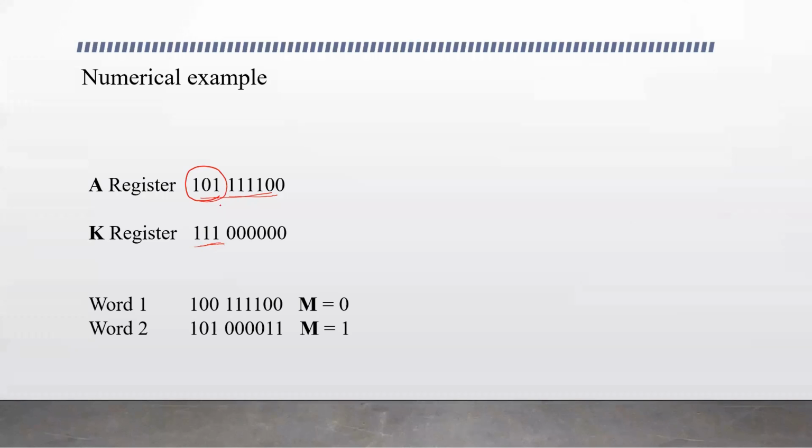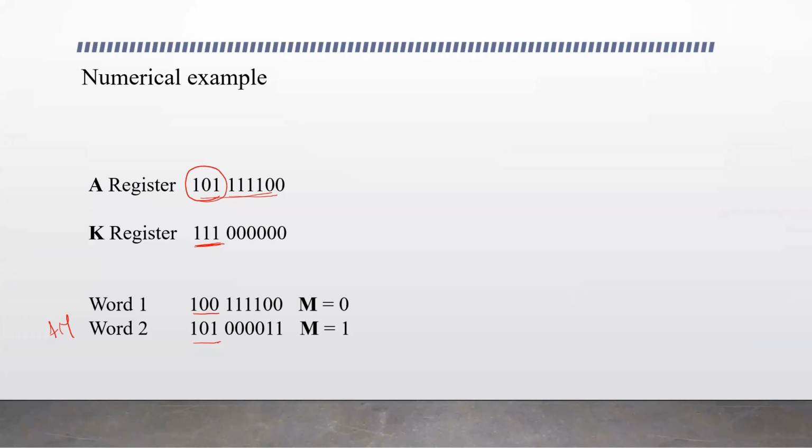This indicates the bits that need to be used as a key to search in the memory. In the associative memory we need to select the first 3 bits of each word, because these bits are 1 in the key register. These bits are selected and the bits in the argument register are compared with each bit of the